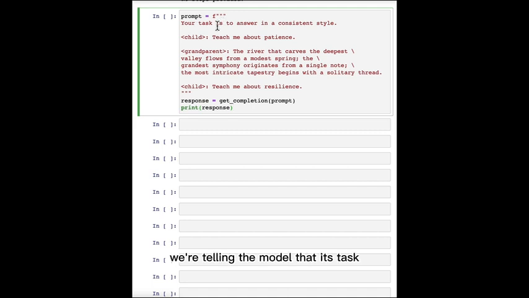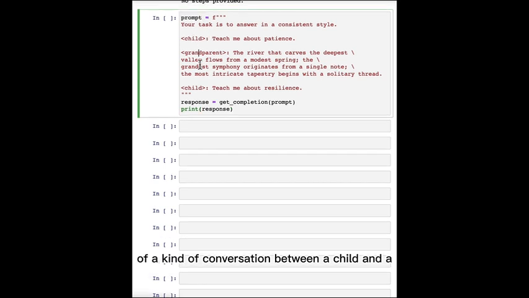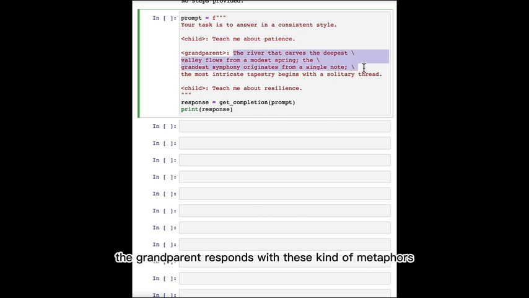So in this prompt, we're telling the model that its task is to answer in a consistent style. And so we have this example of a kind of conversation between the child and a grandparent. The child says, teach me about patience. The grandparent responds with these kind of